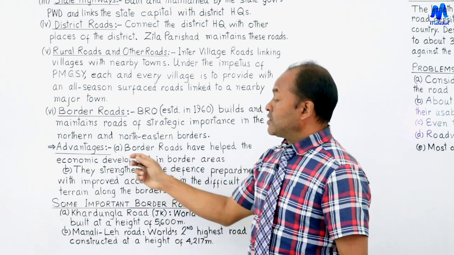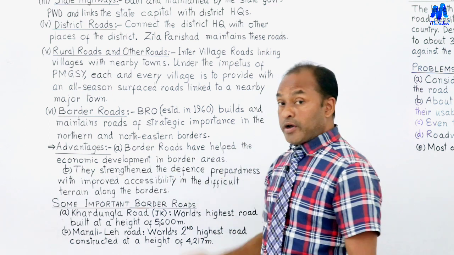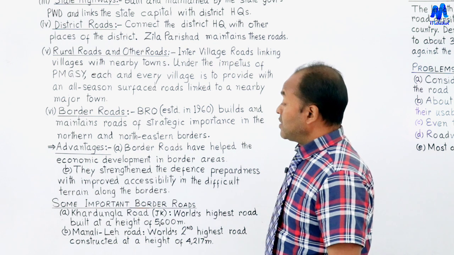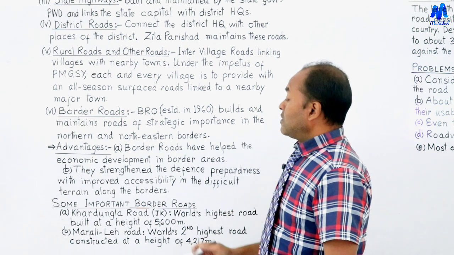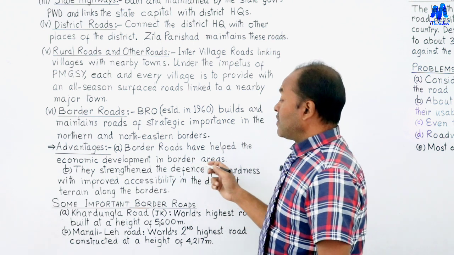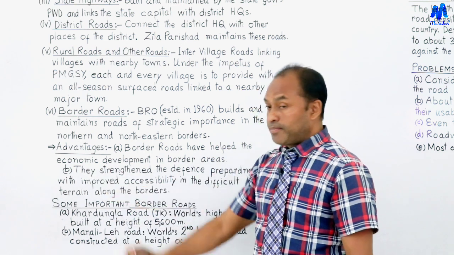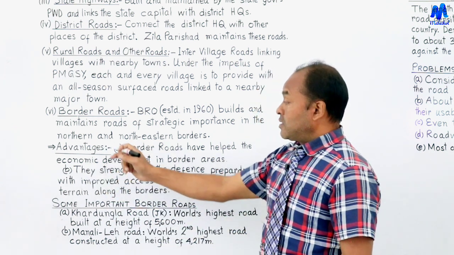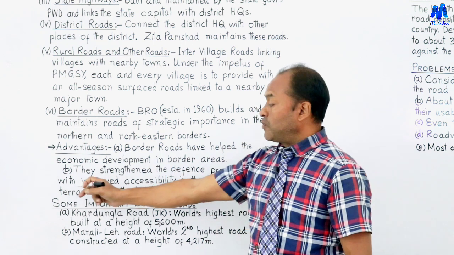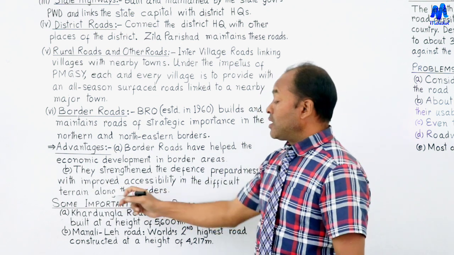So these border roads have helped the economic development in the border areas. Those villages or local areas that are lying along the border got their economic development through border roads. Number B, these border roads have strengthened the defense preparedness with improved accessibility in the difficult terrain along the